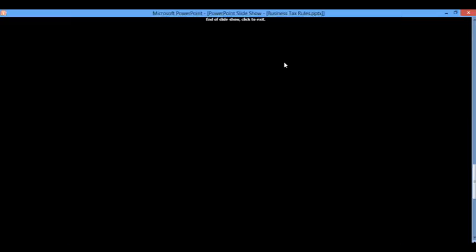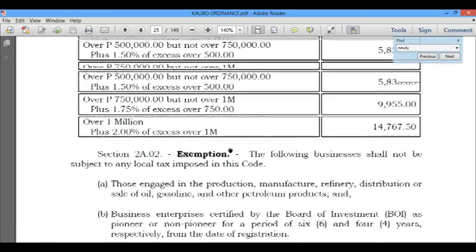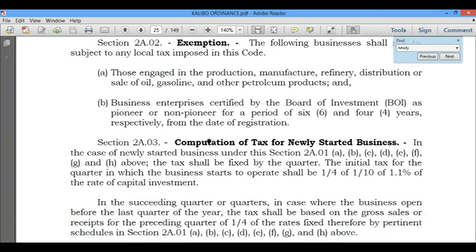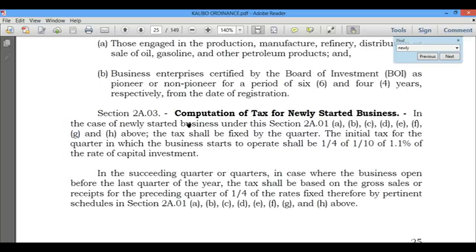Okay, so let's begin. Let's assume the easiest to do first is to create a tax for a new business. This is a sample ordinance from one of the LGUs. It says here, computation of tax for newly started business.